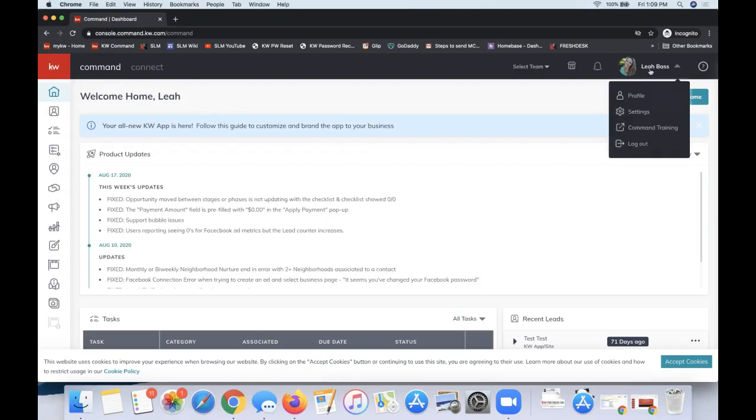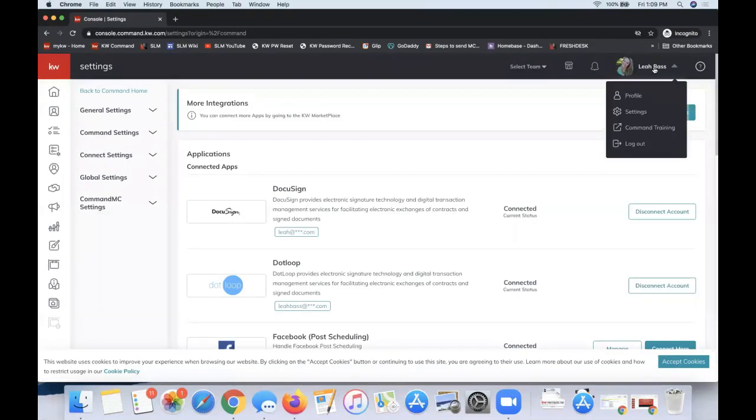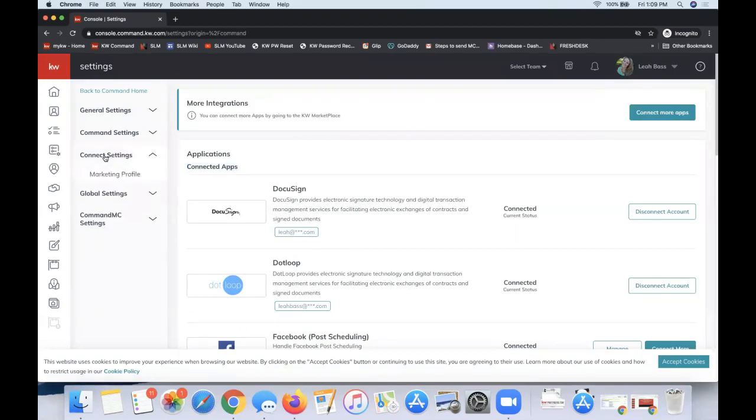So let's click your name on the very top right of Command, and then select Settings from that dropdown. All right, so our name on the top right and Settings. And that will take us over to the connected apps that we have linked up to Command. But we're not going to stay here for this class. If you could follow me along instead to the Connect settings on the left-hand side